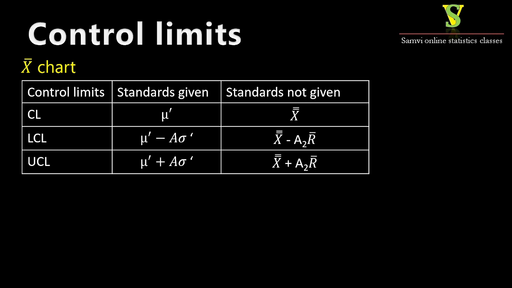Similarly, if standards are not given, then CL is X double bar, LCL is X double bar minus A2 R bar, UCL is X double bar plus A2 R bar,